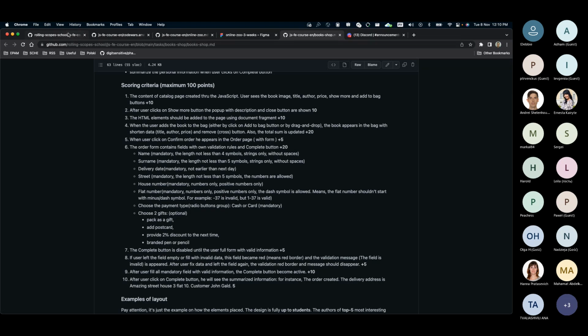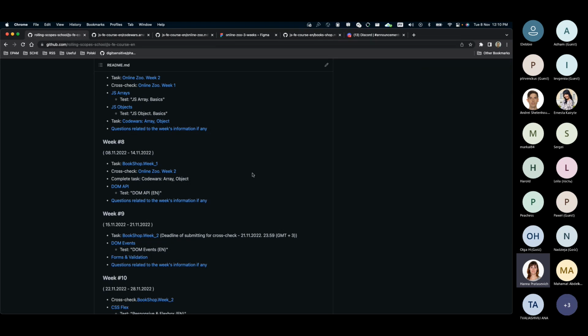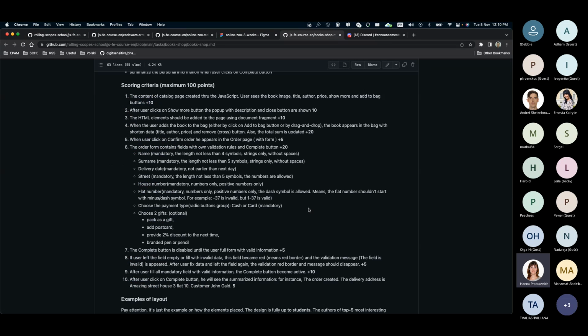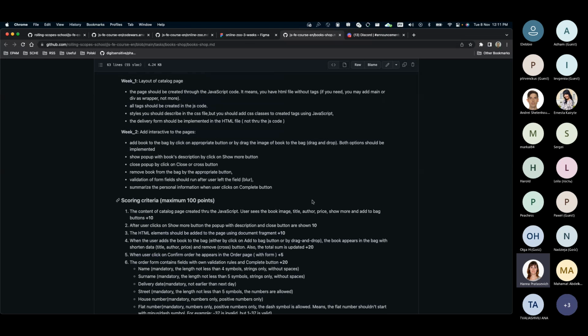Okay, so I believe, Pavel, could you please go back to the description? I guess we should talk about one important thing. Please scroll up and pay attention that the layout of the catalog page should be created only through the JavaScript file. It helps you learn how to work with JavaScript, how to create an element, add it to the page, and so on.